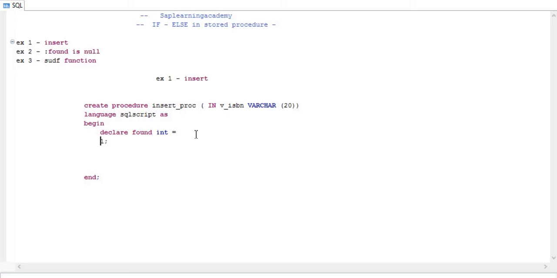And now I will do a select. I'm writing a select statement, select count into found from books where ISBN equal to this variable v ISBN.